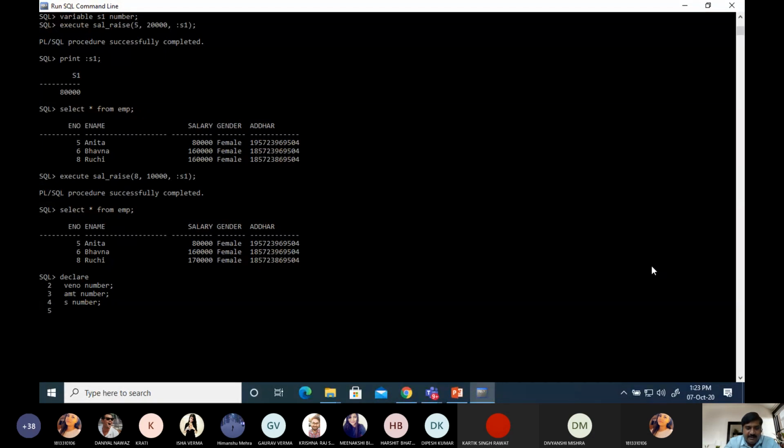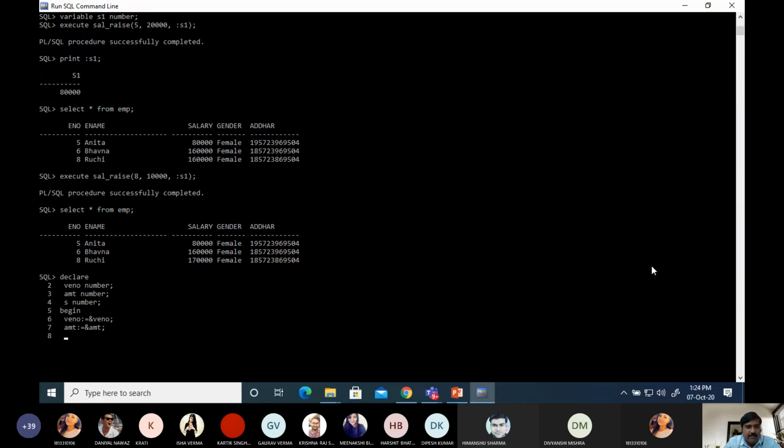And again in the executable section, suppose we want to give input through keyboard, then for that we will write V number equal to ampersand V number, then amount assignment operator ampersand amount, okay.